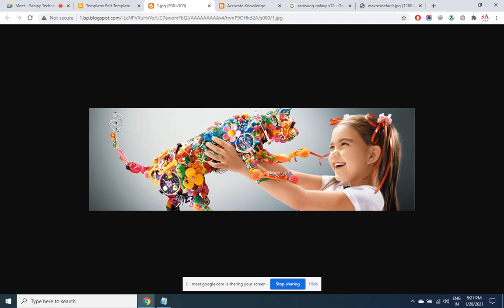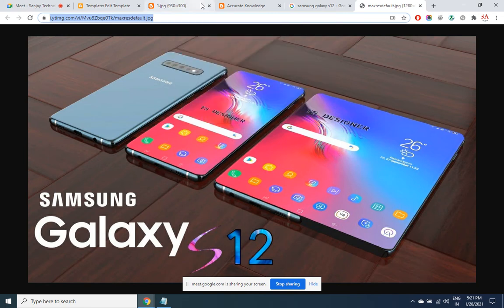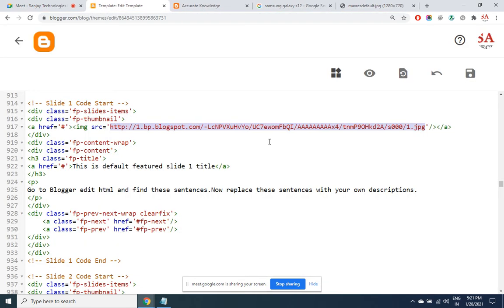I wish to delete that and have my own image JPG URL in that place. So I'll copy this again. So I've replaced it. And within the slider, the content what you're getting below the image, that is nothing but written in the text format here.